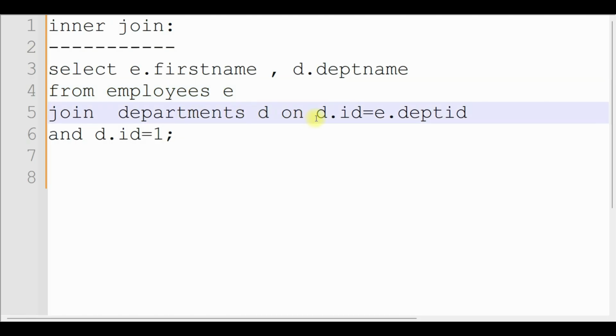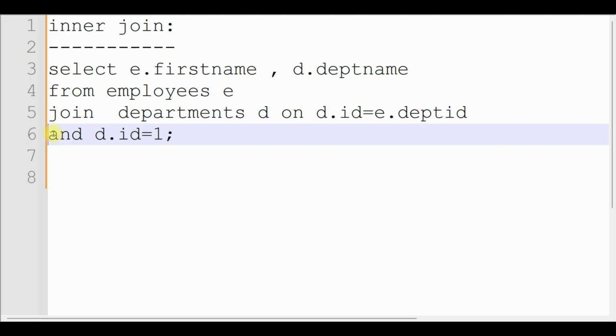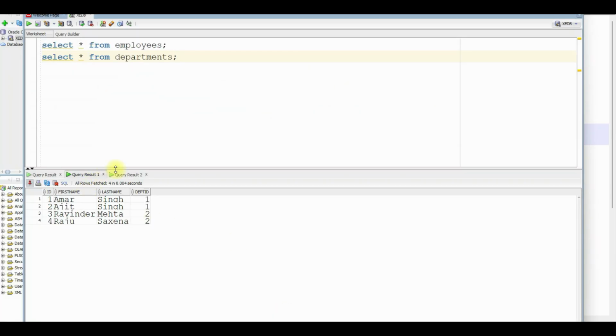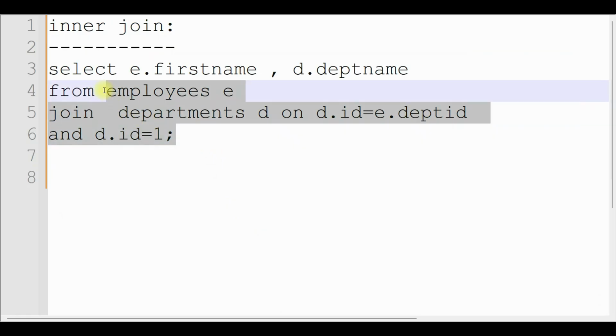And I am saying that the department ID and employee department ID should be same, and department ID is equal to 1. Here if you see, department ID 1 is equal to computers. So we want to see the employees who are part of the computers department. So if you run this query,